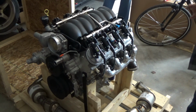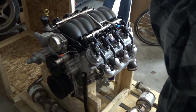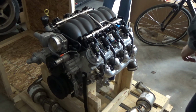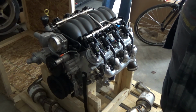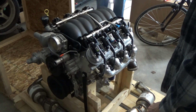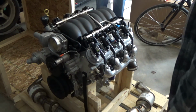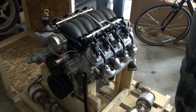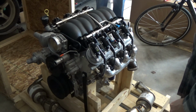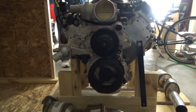this is the part that I'm pretty sure we're going to run into clearance issues on the car, this upper catalytic converter here. I think it is going to hit the subframe on the passenger side from the research I did. So there's a little bit of work we have to do there, but hopefully everything else just drops in. It could be a different engine mount setup, so maybe we'll get lucky and it all just fits, but we won't find out till we try. But there you go. Sorry for the glare, but